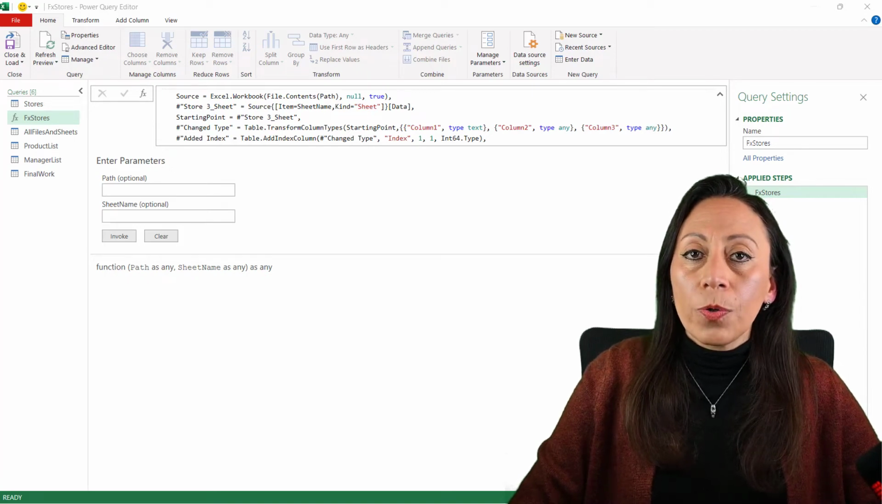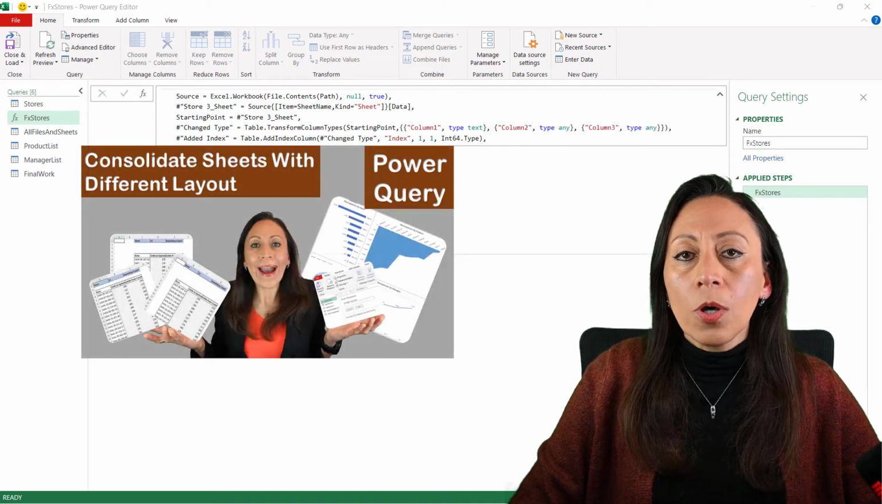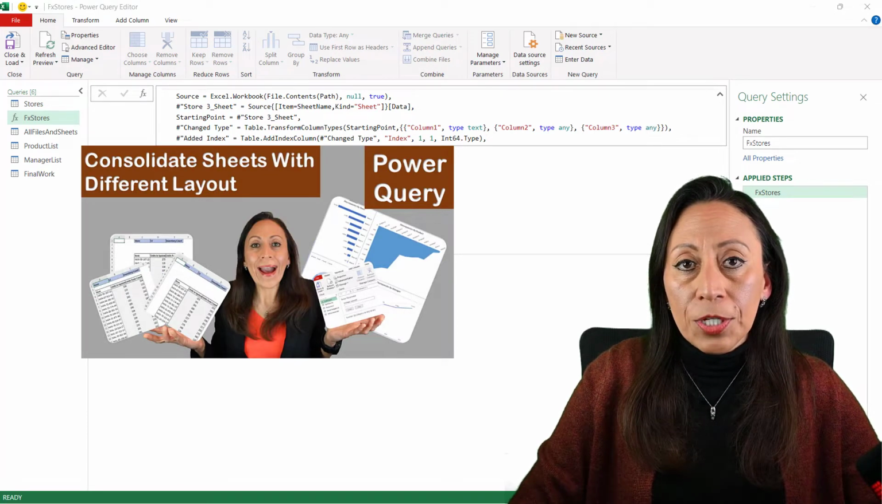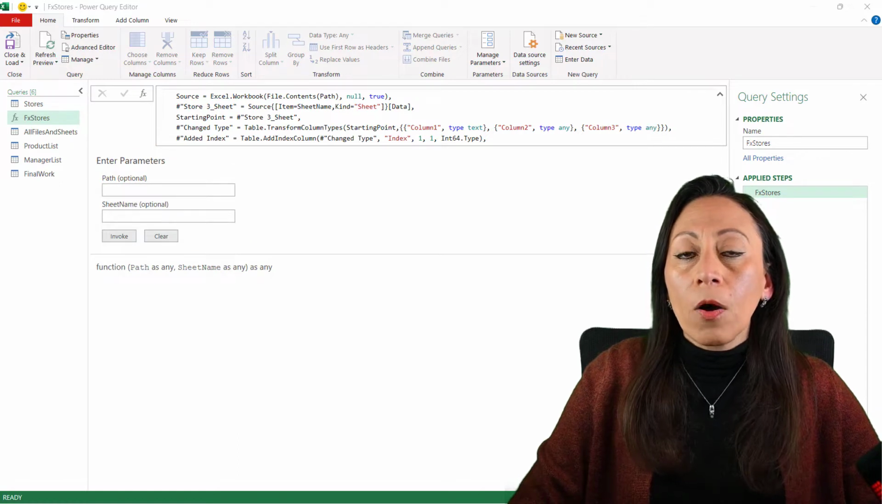A few weeks ago I showed you how to consolidate sheets with different layouts. All of those sheets were coming from the same workbook. Today I'm going to show you how to consolidate sheets with different layouts, but those sheets are coming from different